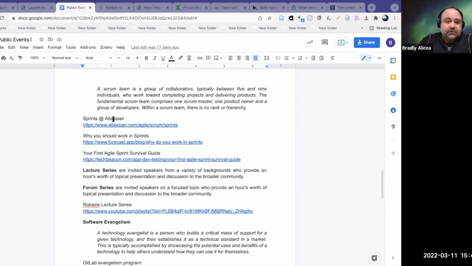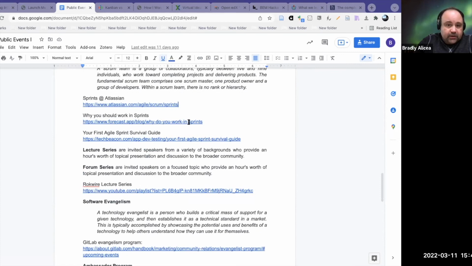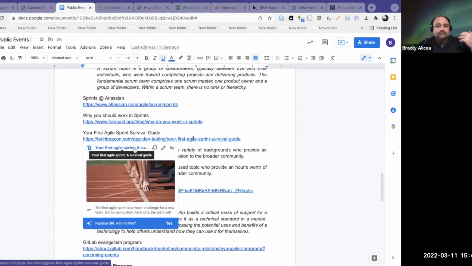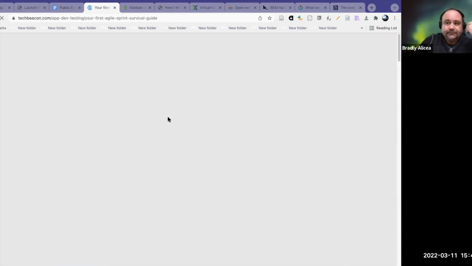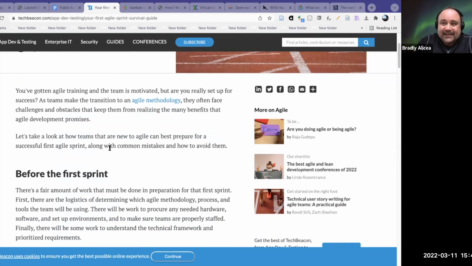So there's sprints at Atlassian. Atlassian is a company that runs Bitbucket, among other products, and they use this quite a bit. They use this in their agile approach to teams. And then you have why you should work in sprints, an argument for that. Your first agile sprint survival guide. So this kind of goes through what you should expect. And this is something that I think, if you want to survive one of these, is a good